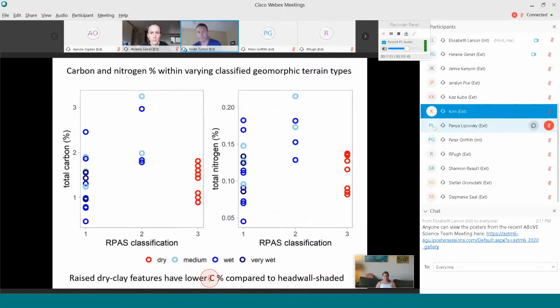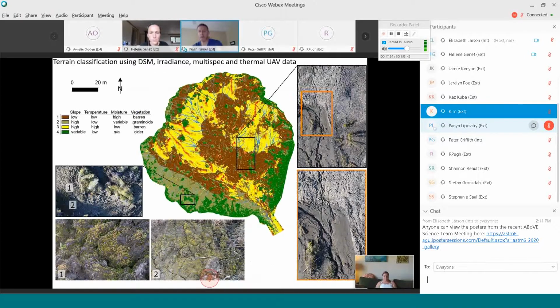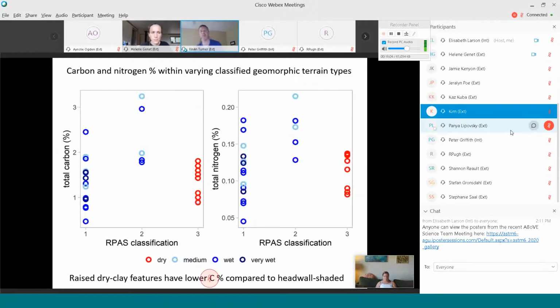Now, also perpendicular to the dominant flow direction of the slump, we've got transects set up where we took 28 sediment samples, and we're looking at the carbon and nitrogen percent. If you just look at the areas from the dry land cover, that's land cover class 3, they have the lowest percent carbon and nitrogen when you compare that to the areas that are shaded, which are